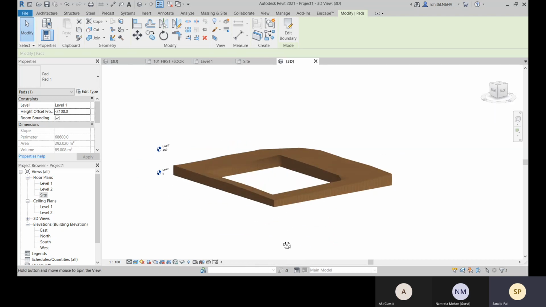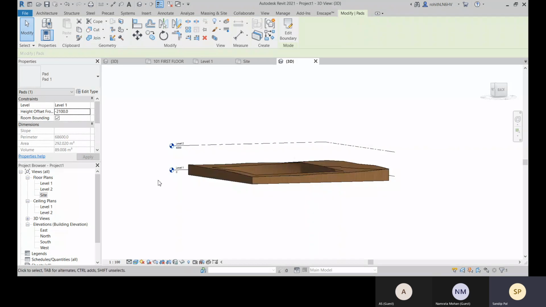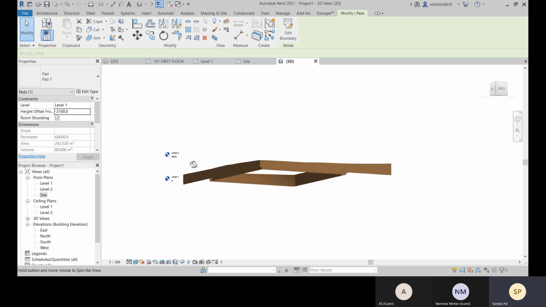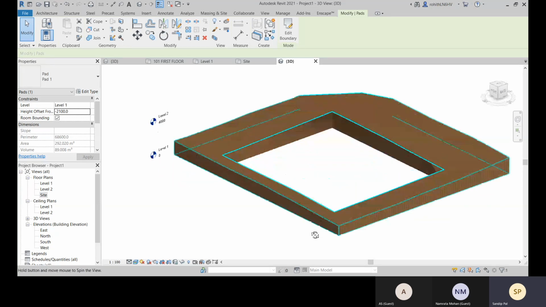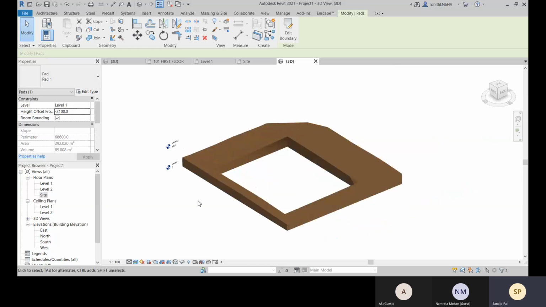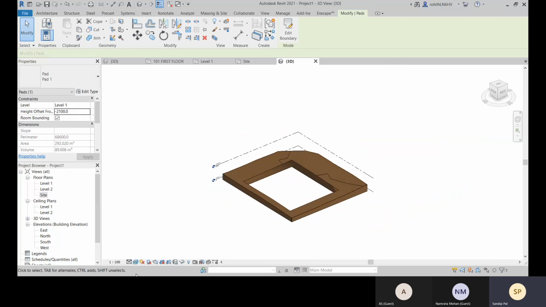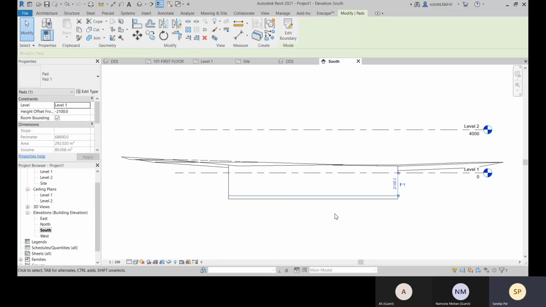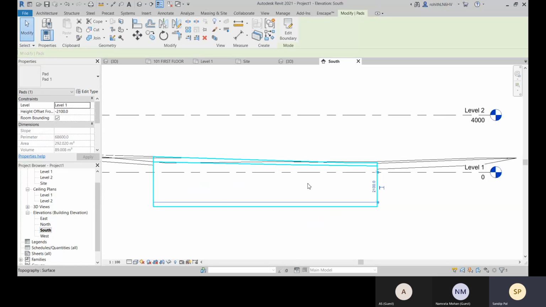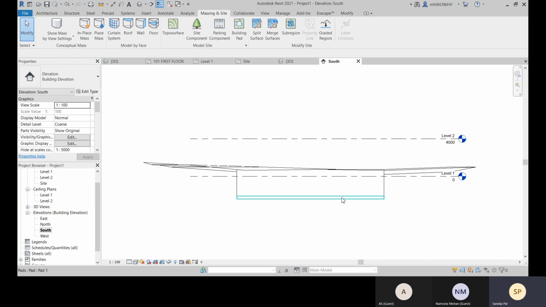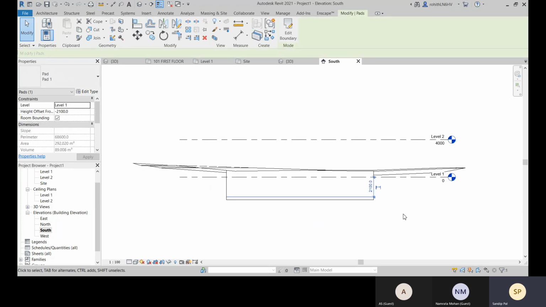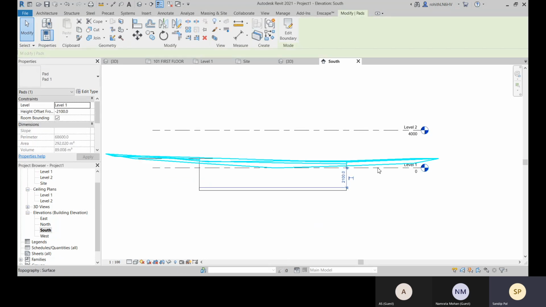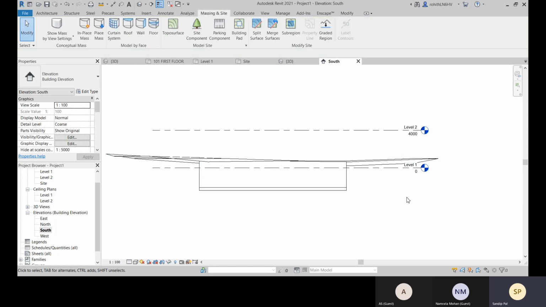Okay, you are not getting it, because it's going beyond level one. So what you can do is come to this elevation, and there you can see this is your building pad, and you can provide one level there.